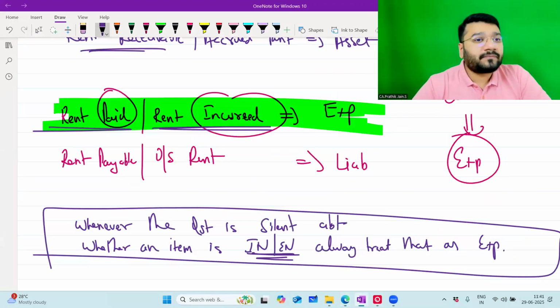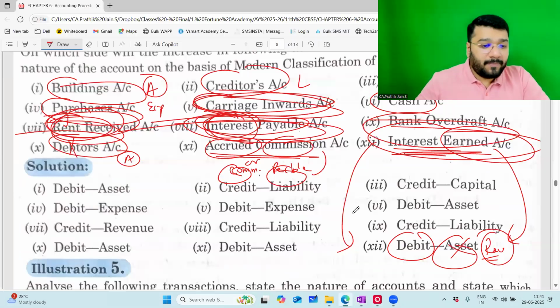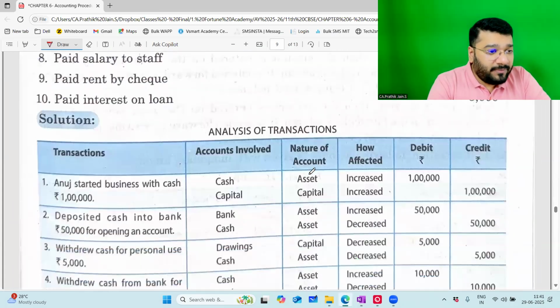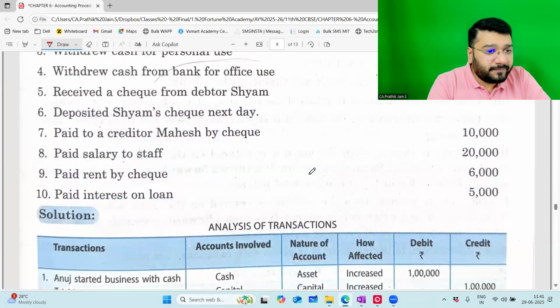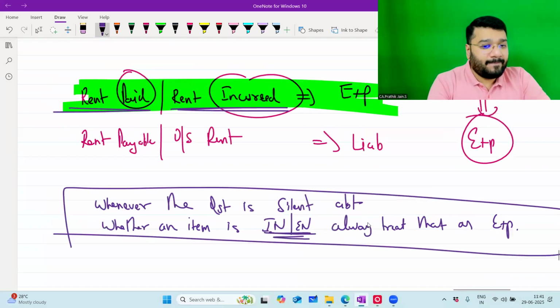Noted? So, income nature also we have to treat as expense. How do you know this is income nature? That's what I'm telling, the question is silent. The question does not say anything. That time you have to assume. If the question says this is income nature, how will you assume it as expense? Yes or no? Got it, not got it? Yes, sir. Online people, got it, not got it? Got it, sir. Good.